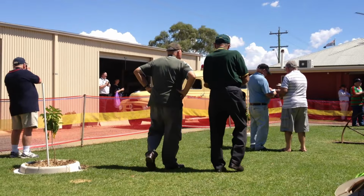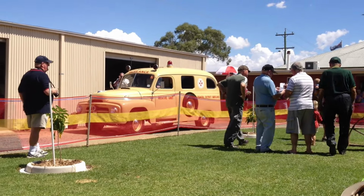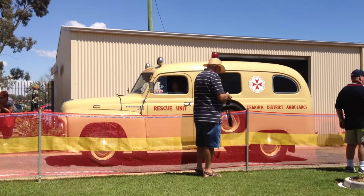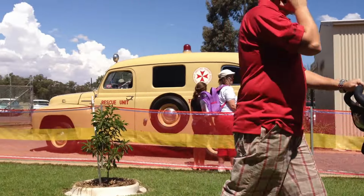Number 5, 1953 International, built by Grice Brothers of Summerhill for Tamora Ambulance, driven by carrying Eagle. Four-wheel drive car 37 was stationed at Orange by Jacob